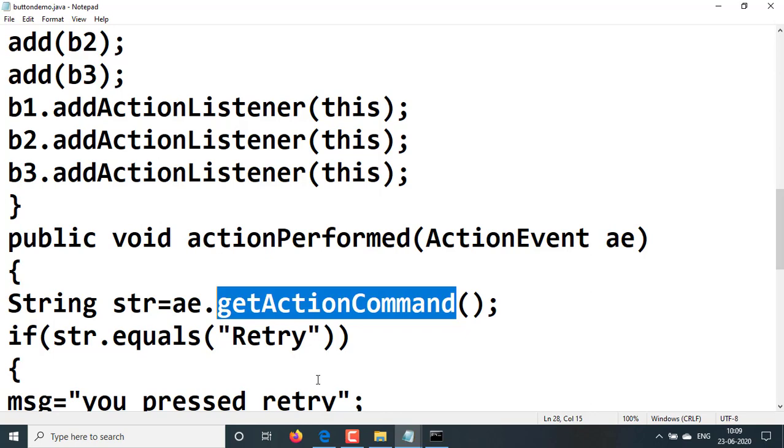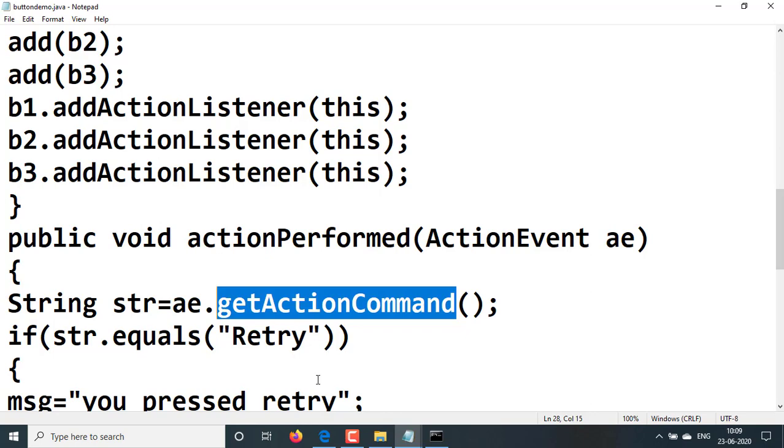Next we need to perform some task. We can write it like this: if str.equals, and in Java the equals method checks the equality of strings.